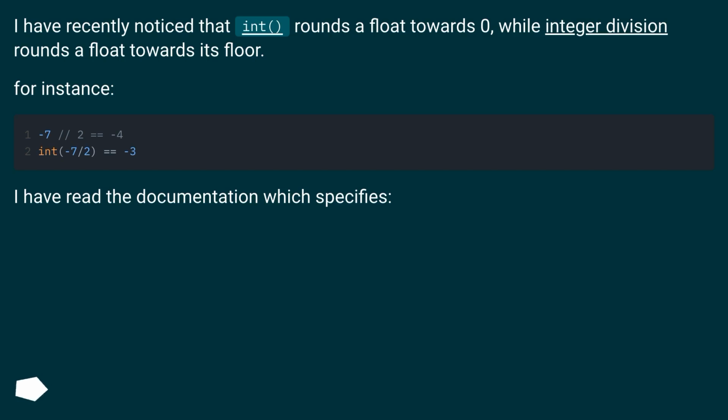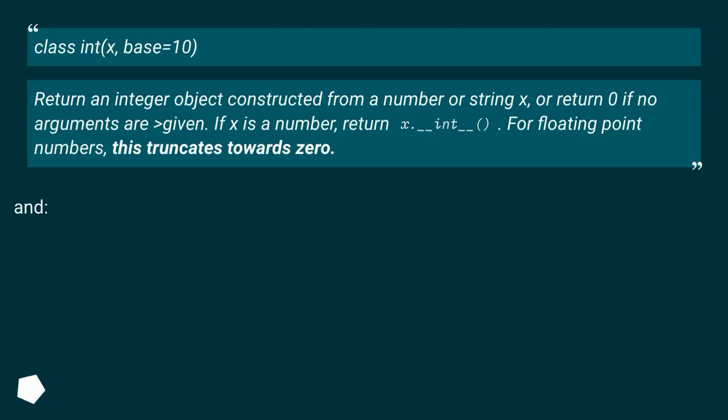I have read the documentation which specifies: class int(x, base=10). Return an integer object constructed from a number or string x, or return 0 if no arguments are given. If x is a number, return x.__int__(). For floating point numbers, this truncates towards 0. And